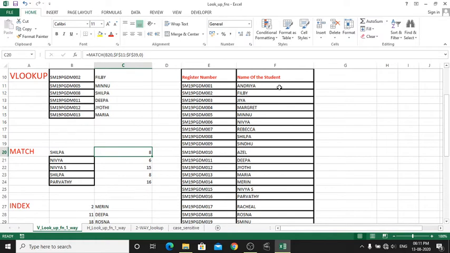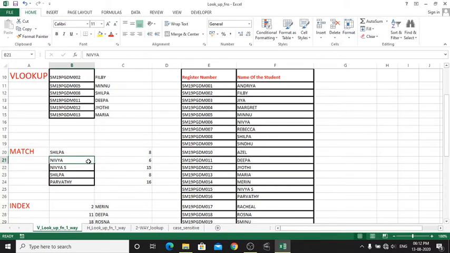So Excel will automatically give an index in ascending order of data from 1 onwards. So the first cell value will be in the first location, the second cell value will be in the second location. So like that, Andrea is in the first location, Philby second, Gia third, Margaret fourth, Minnu 5, Nivya 6. So since I am passing Shilpa, she is in the 8th position. So 8 as the result.